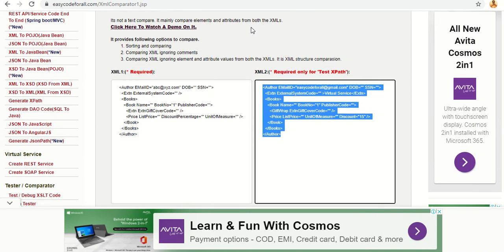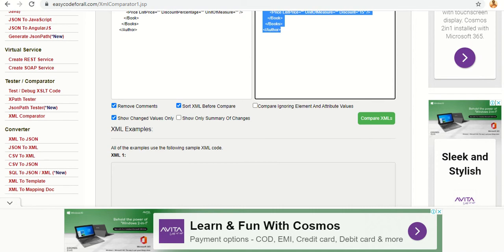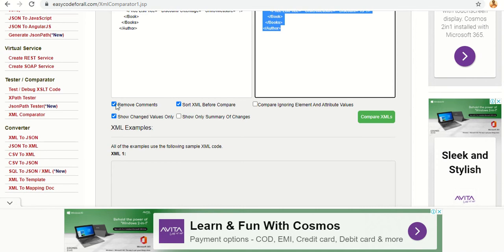Mainly the options it provides: first, if we check this checkbox, it will remove the comments from both the XMLs, so it will not consider comments for comparison. Ideally, you should check this checkbox.